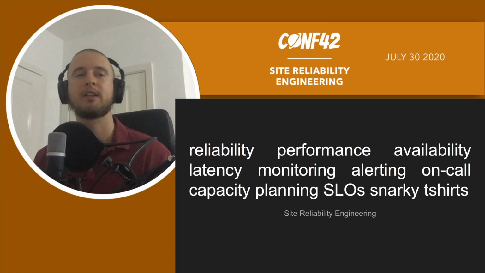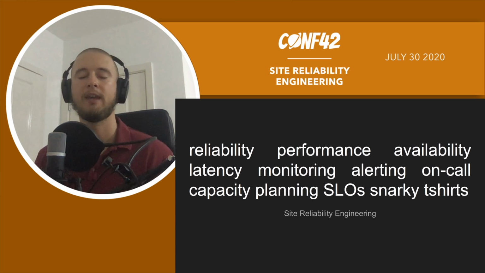And then SLA is an agreement. It's basically a contract between two parties when one of the parties provides some kind of service and they promise that this SLO is going to be satisfied, or else. And typically the or else is some kind of financial compensation or something like that.